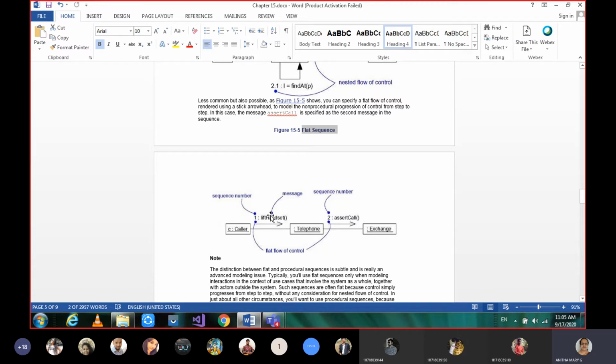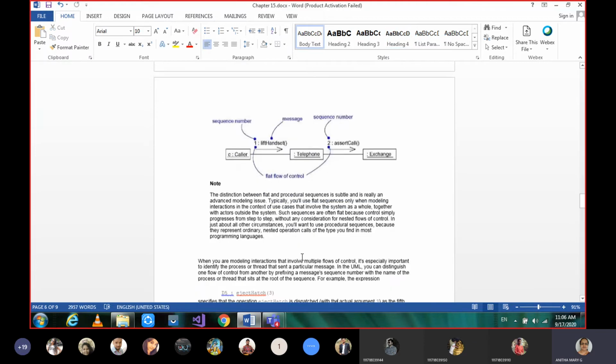If you see here, our emphasis is on message numbering only, like 1, 2 and so on. Just follow the sequence numbering in the scenario, and we will get the context of what they are communicating. When we follow the sequence, we get the flow of control. So this is about sequencing.